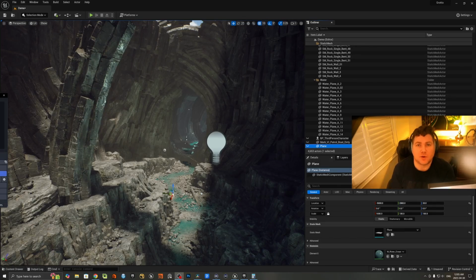Hey guys, today I'm going to show you how to scale up assets in Unreal Engine, so let's get to it. Alright, so I'm going to show you guys exactly what happens if we don't scale things correctly and how